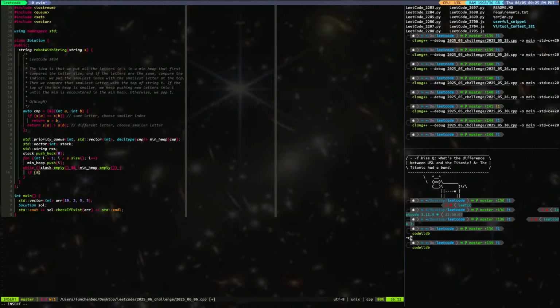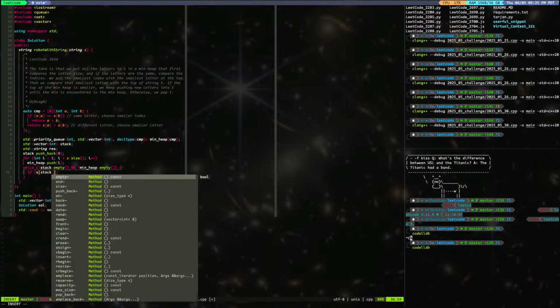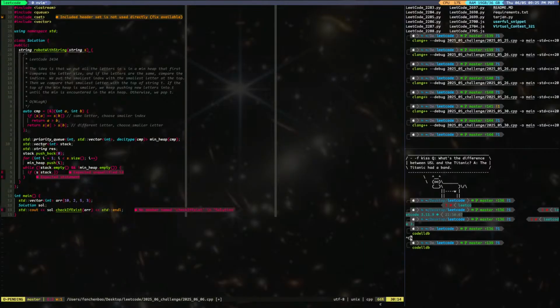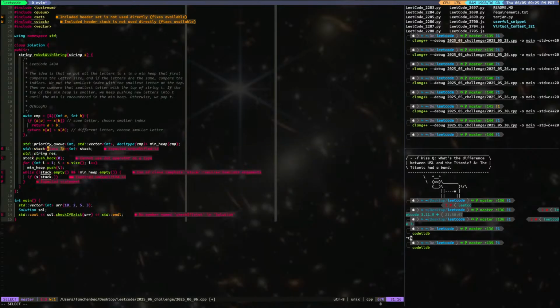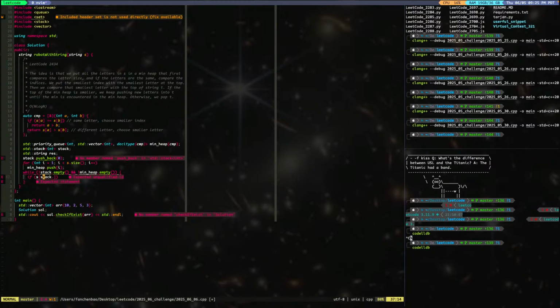Let me say if s stack dot top. I don't think it's a top. I think let's just do stack. I think stack has a little bit more. It's easier, right? It's stack. Okay, I can do